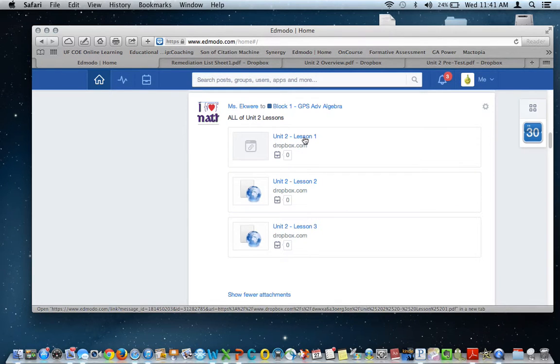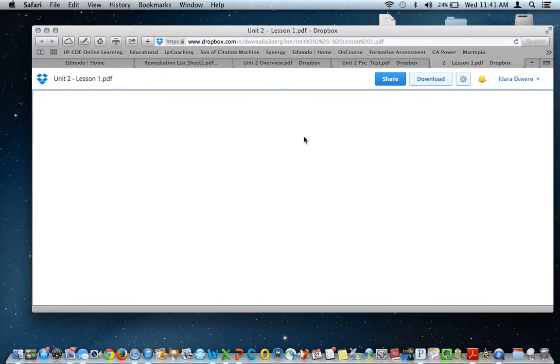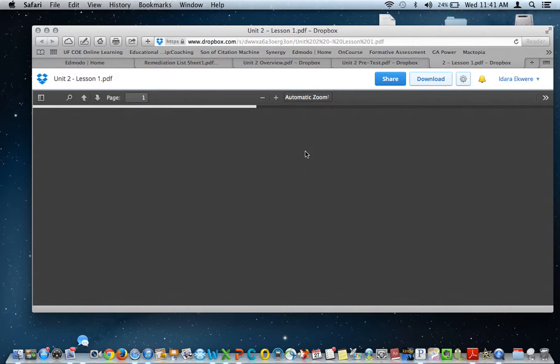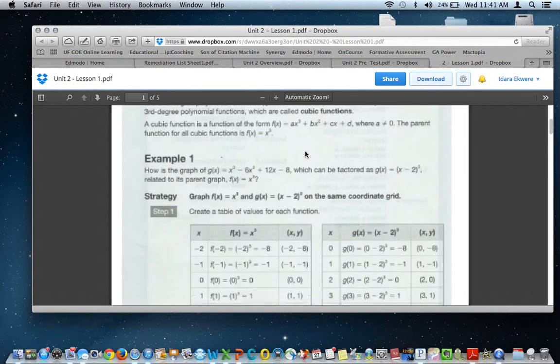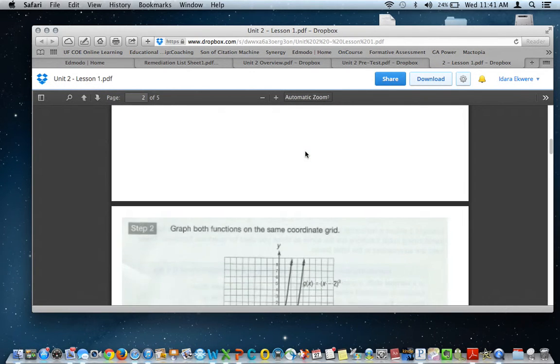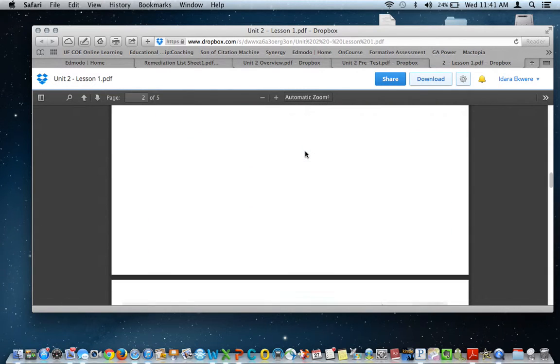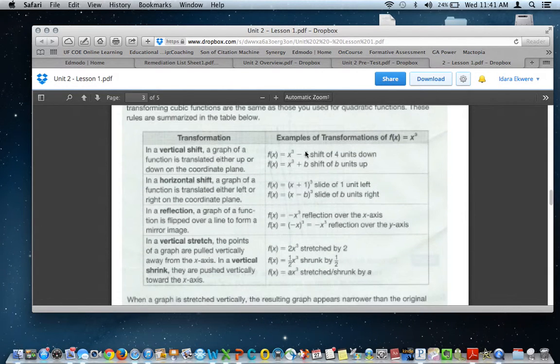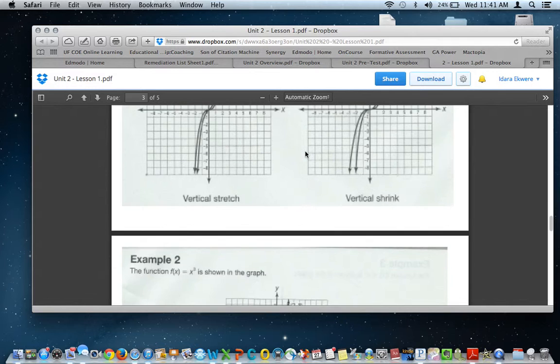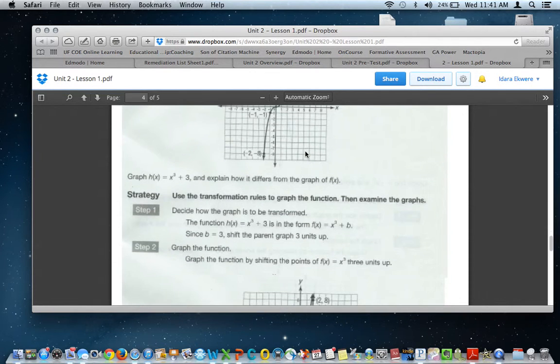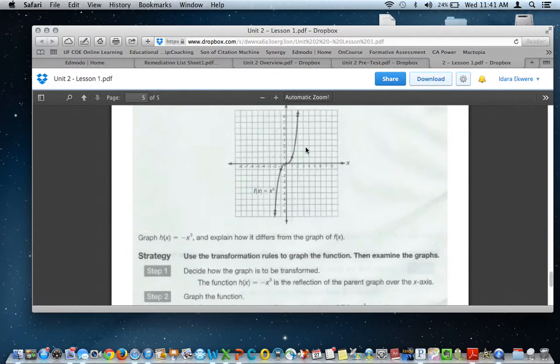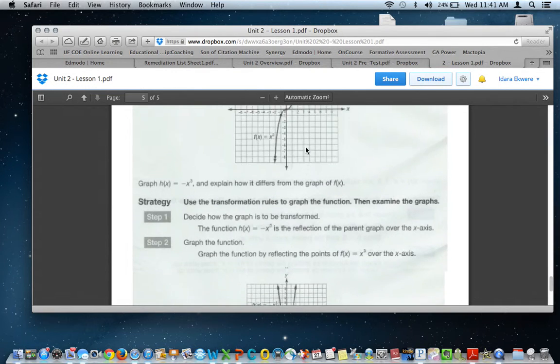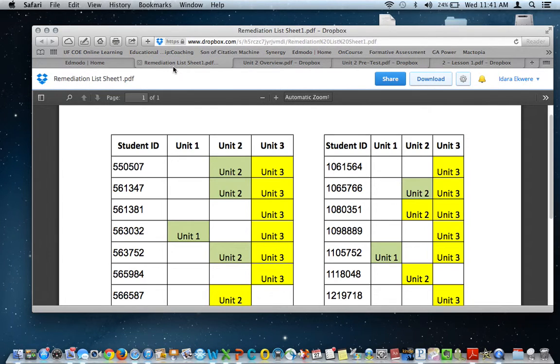And I'm going to look at Lesson 1, which will once again pop up on a new tab. These lessons are meant for you to either print out and write on, or take notes side by side. But all this information will definitely help you as you go along. Okay, so once I feel like I fully understand Lesson 1, I'm going to go back